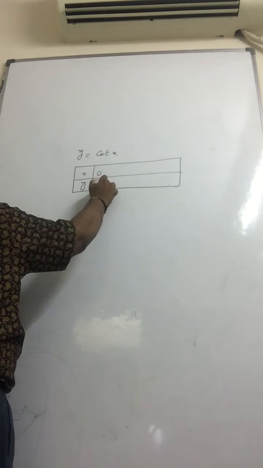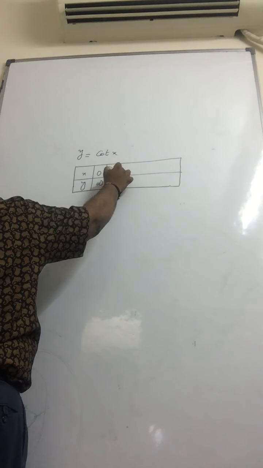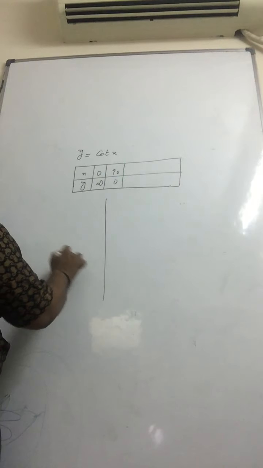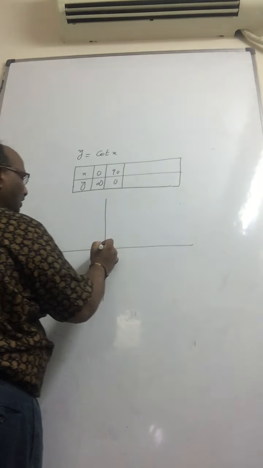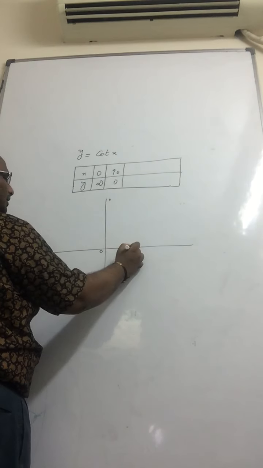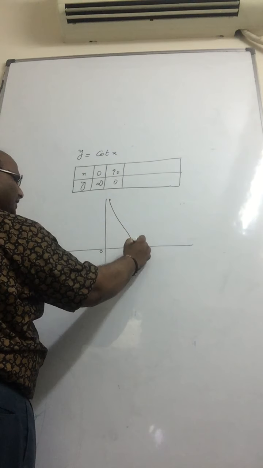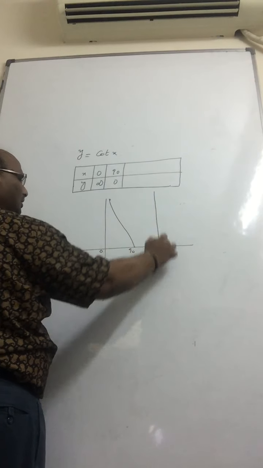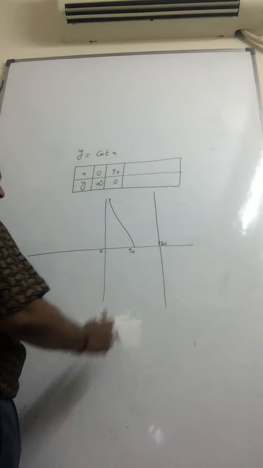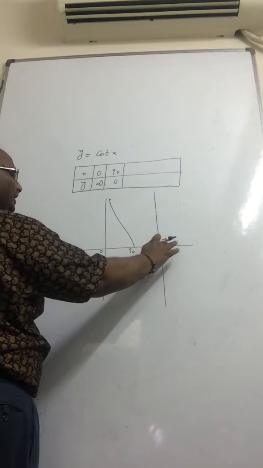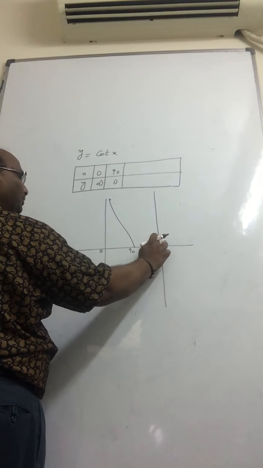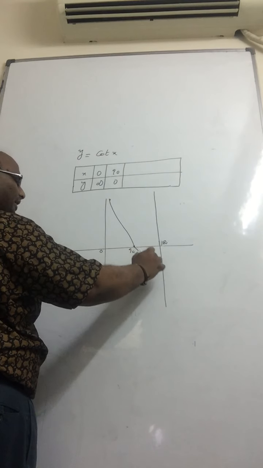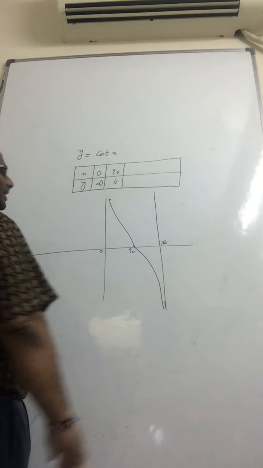Tan 0 is 0, cot 0 is infinity, cot 90 is 0. At 180, tan 180 is 0, and cot 180 is obviously infinity, but which infinity? Before 180 means the second quadrant, where only sine is positive, cot is negative, so it approaches minus infinity.